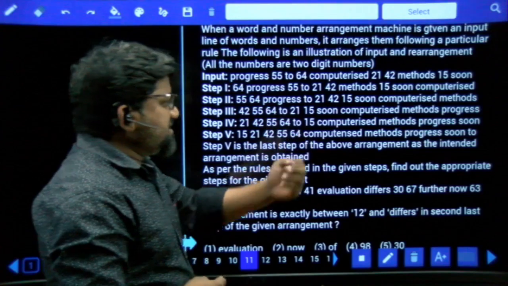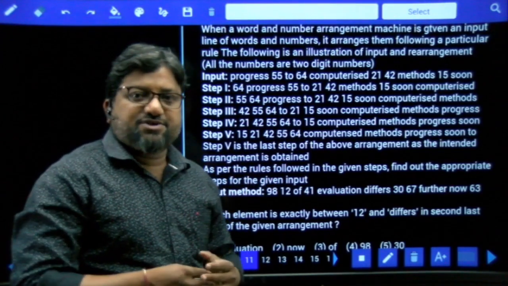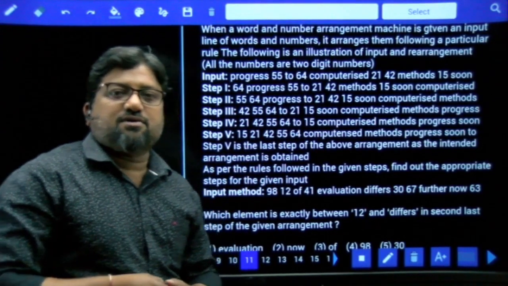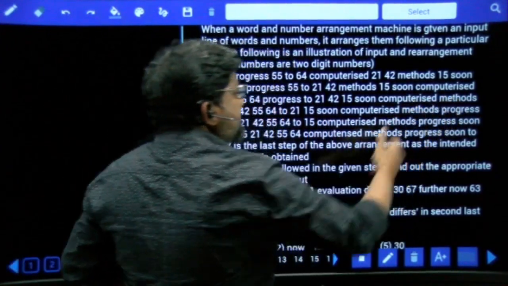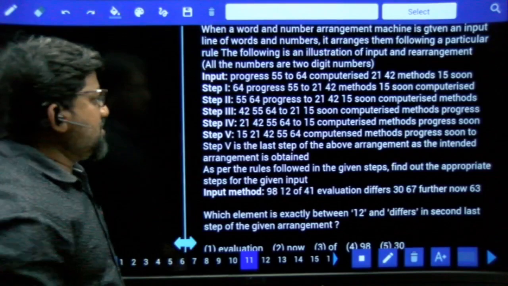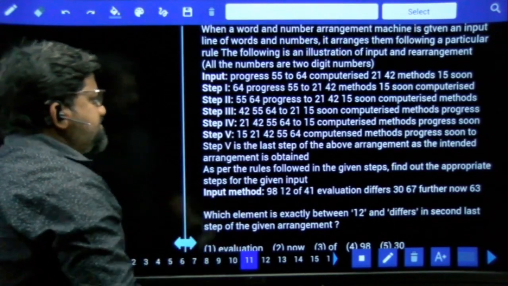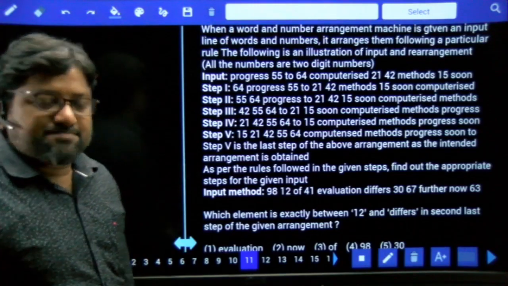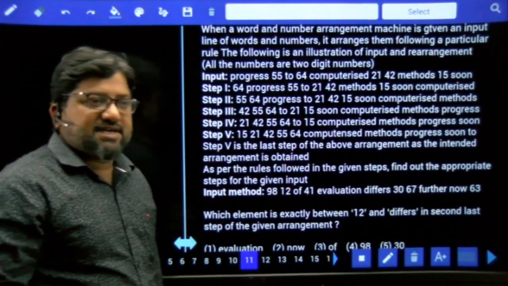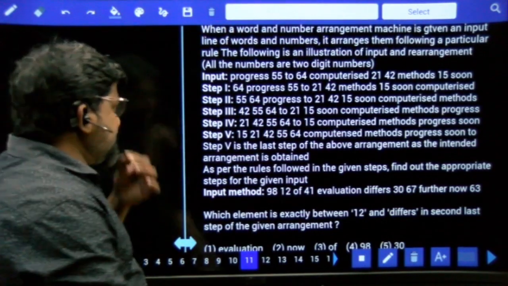When I look at the words, yes, you can expect the logic based on words. Maybe it is on alphabetical order or reverse alphabetical order. So this is C, M, P, S. All the 5 words are in alphabetical order. So yes, maybe the logics are based on ascending or descending, or for the words it can be on alphabetical or reverse alphabetical, whatever it is, we'll see next.